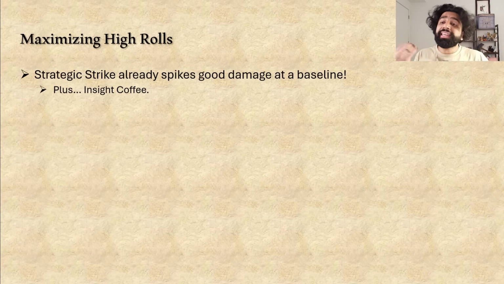And of course, the easiest and most baseline way of maximizing strategic strike damage is Insight Coffee, which is a consumable that specifically calls out the Investigator and gives them a damage upgrade. D6s become D8s in your strategic strike. Now, I hate that this item exists, really. I don't think items that are so bespoke and so narrow should ever get published in like a random item